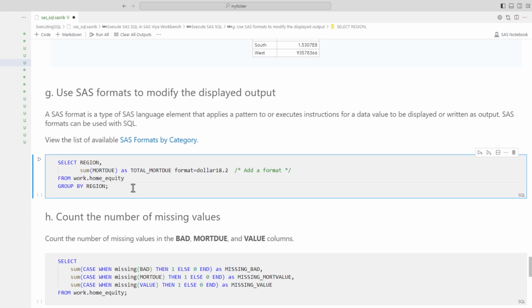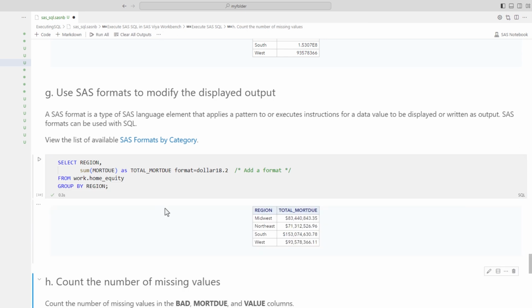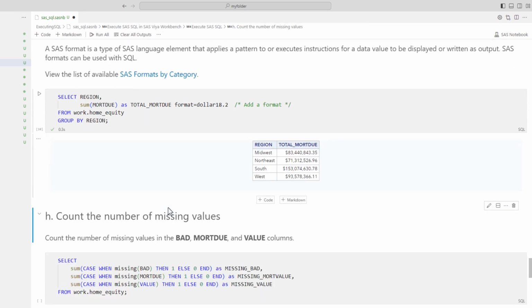The dollar format writes numeric values with a leading $sign, a comma that separates every 3 digits, and a period that separates the decimal fraction. The 18 specifies the entire width of the format, including symbols, and the 2 specifies the number of decimals to display. I'll run the query. Notice that the results are now displayed as currency. You can check out the SAS documentation for a list of available formats.